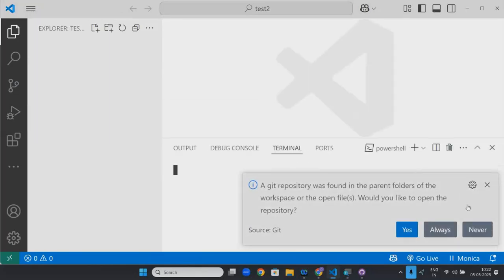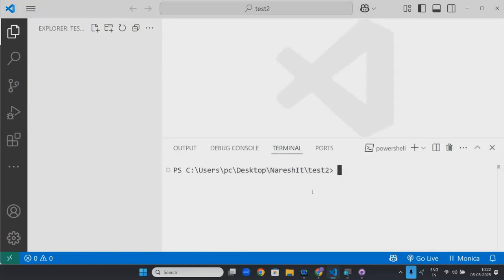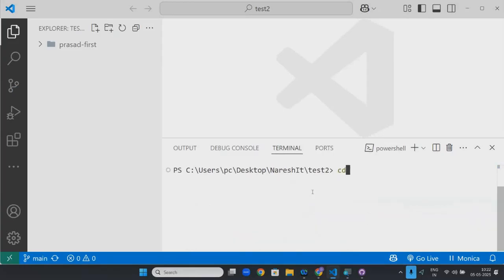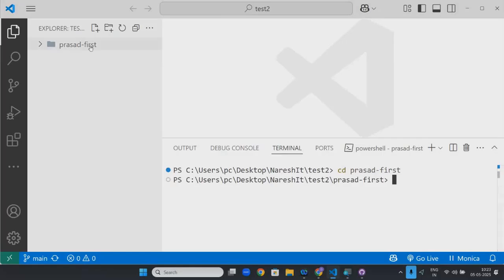Terminal. New terminal. git clone Prasad first. Now Prasad first will come here. See, Prasad first is there. cd Prasad-first. So Prasad first forked it, then cloned it. Now Prasad will do some changes.